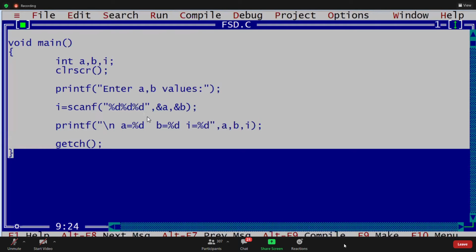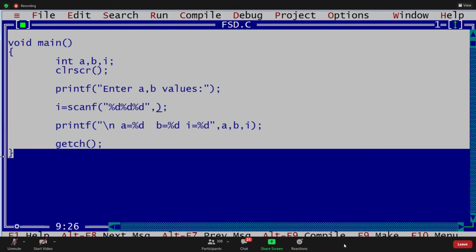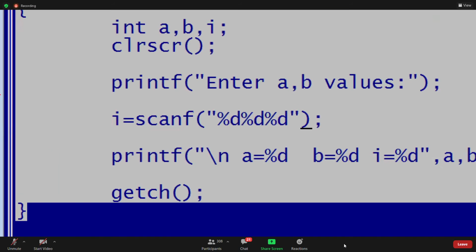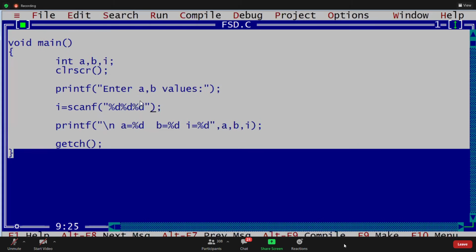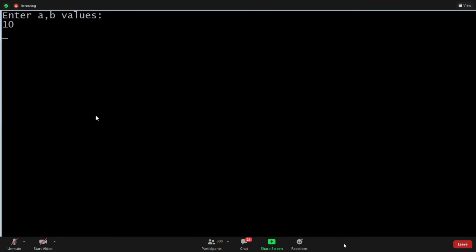For example, if I did not mention the address-of operators, once I execute, sorry, a comma is left. Here we are reading %d only. Now how many values are you reading? 3 values. Once I execute, 10, 20, 30. Now what is the A value?